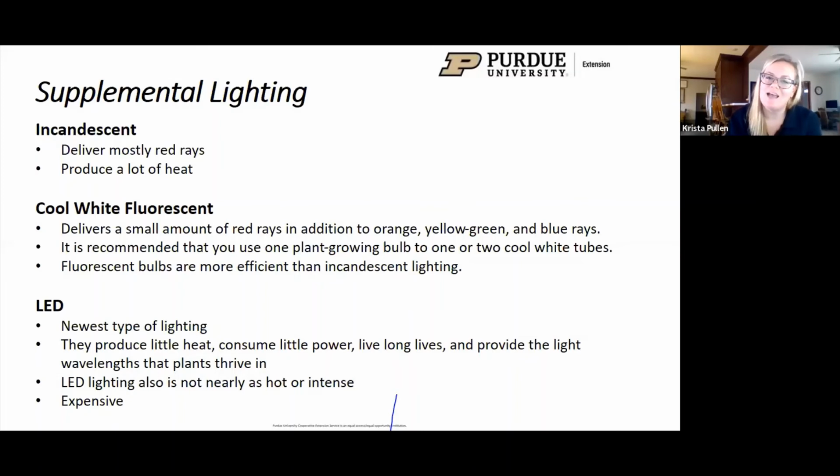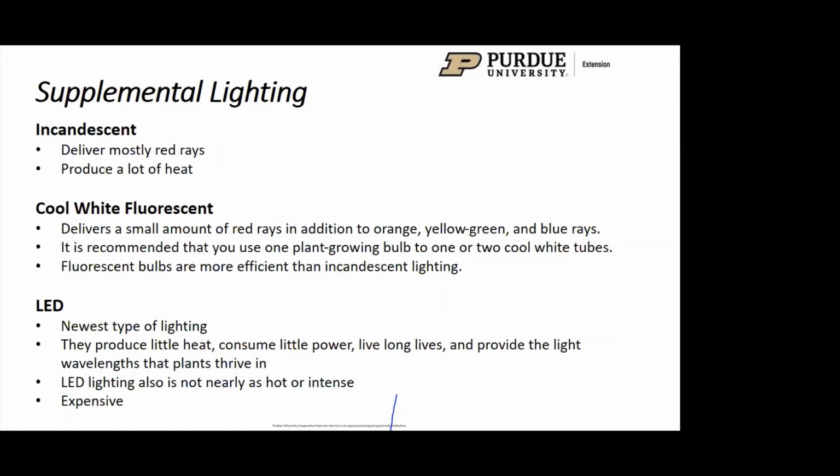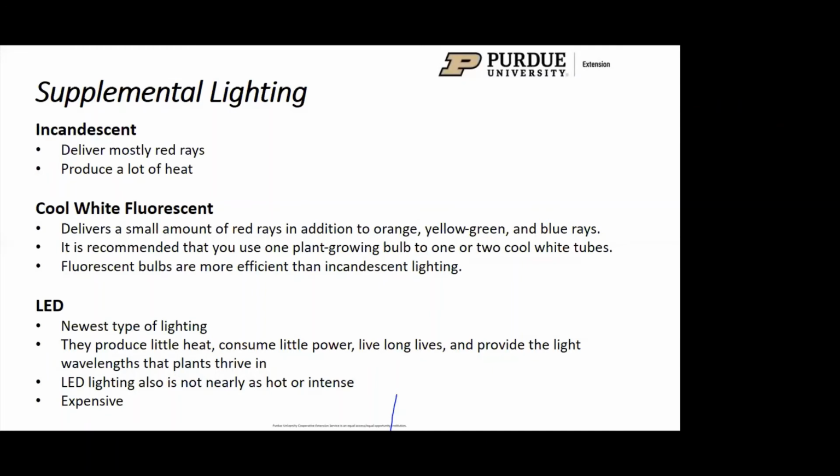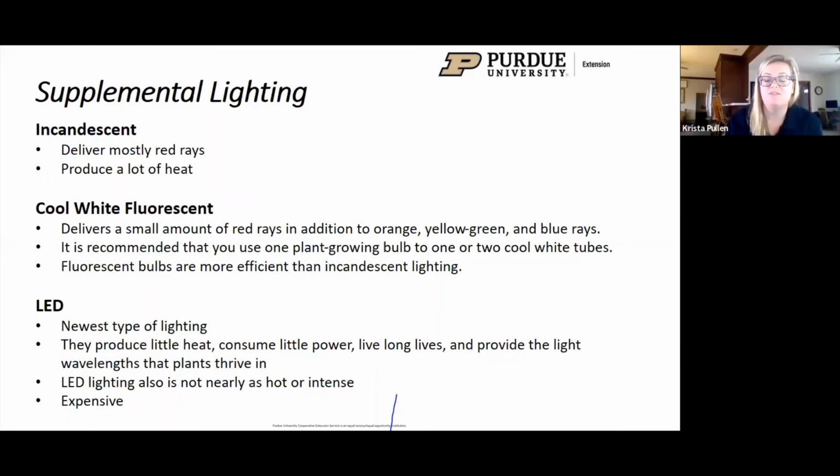Now, this makes it probably one of the poorer choices for your grow light system. These lights produce a lot of heat, and that heat can end up burning your plants if they're too close. So if they must be used, it's important to keep those lights at a good distance from the plants, and that, unfortunately, does reduce the amount of light that your plants are going